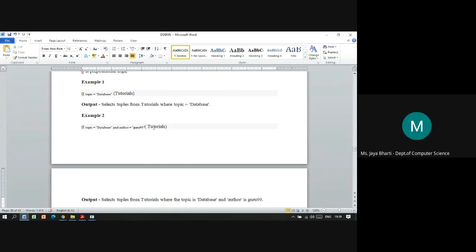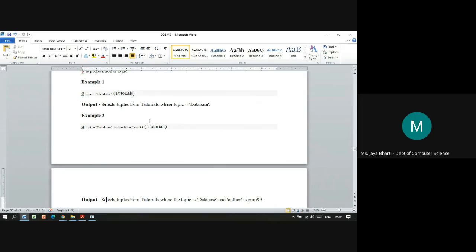Similarly, in example 2 they have given sigma topic is equal to database. In this condition you can specify as per the question or the problem which is given. You can use any combination of logical operators and arithmetic operators as per the problem. So sigma topic is equal to database and author is equal to Guru 99.